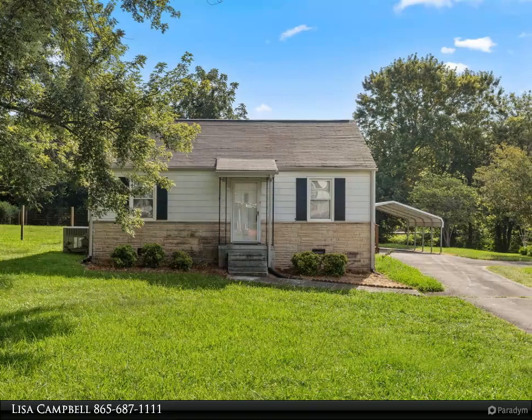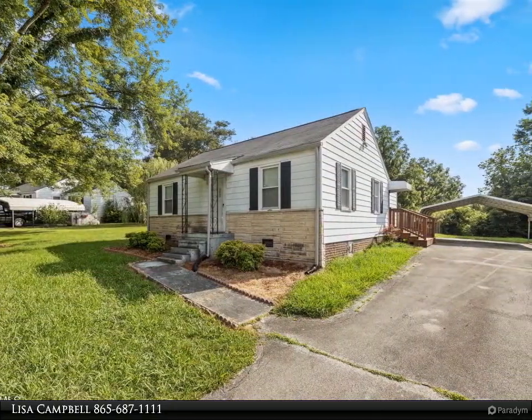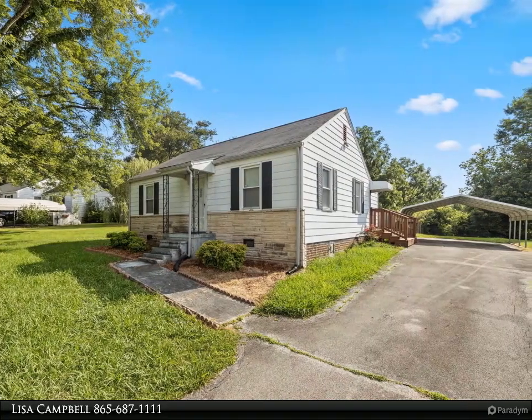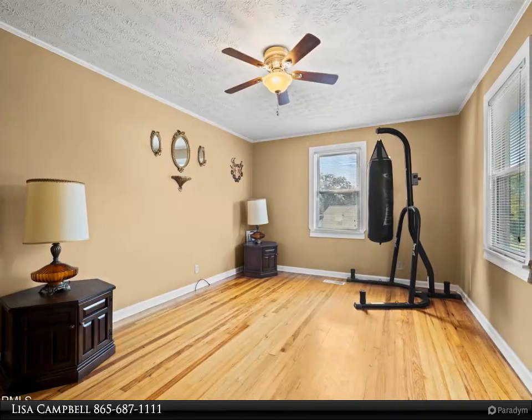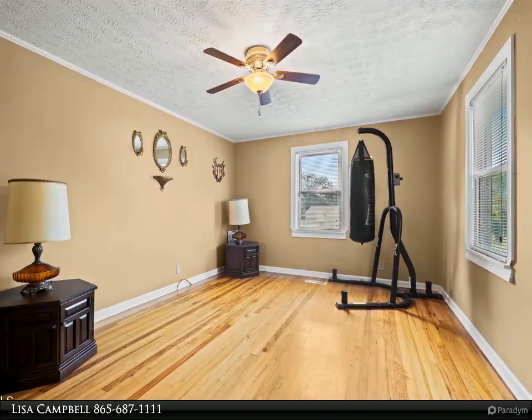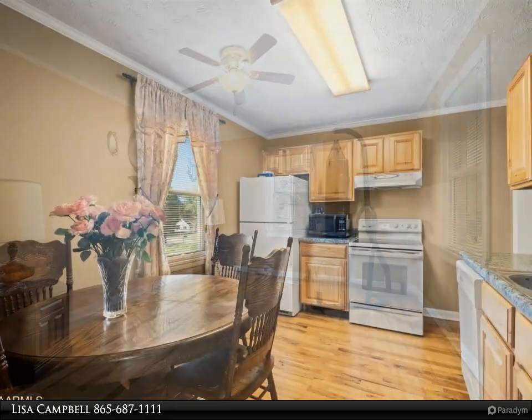Fantastic low maintenance home on a large level lot, 0.42 acre, 2 bedroom, 1 bath, gleaming hardwood floors, kitchen with oak cabinetry and breakfast area, sunroom with lots of natural light that could be multipurpose, attic storage, central heat and air less than 1 year old,